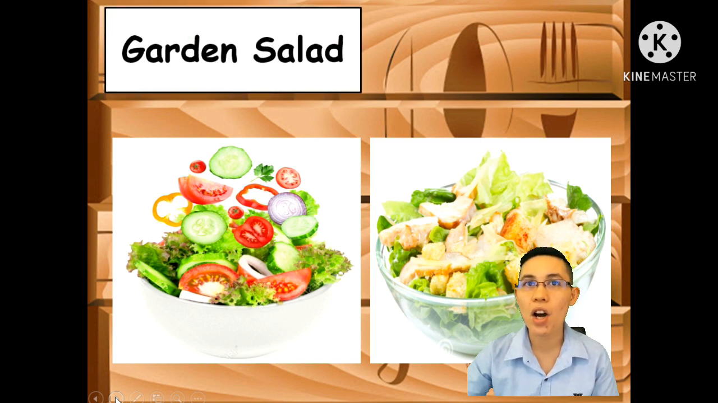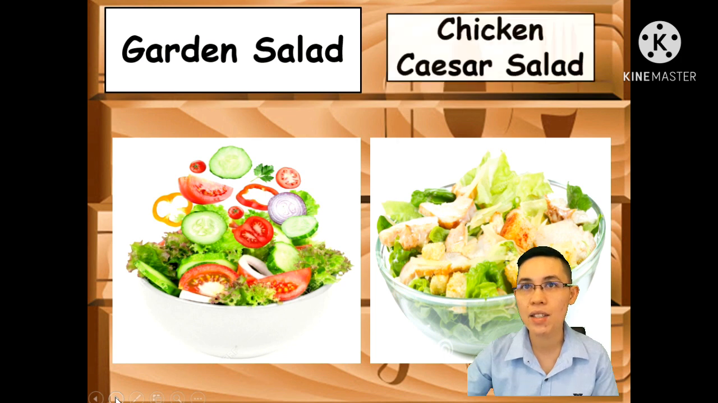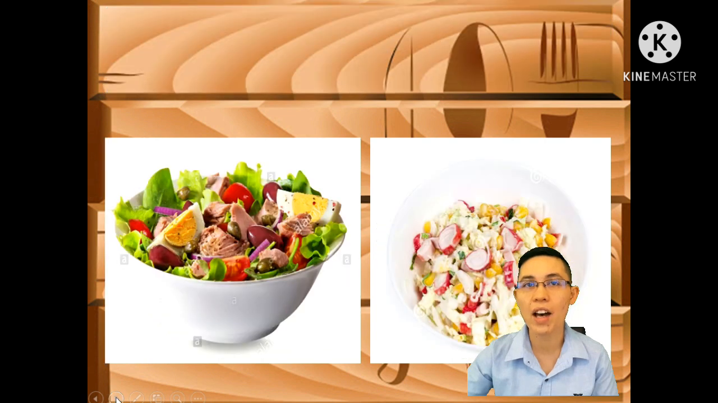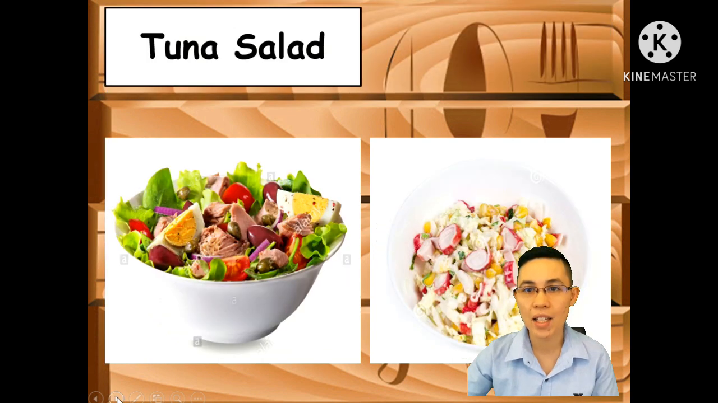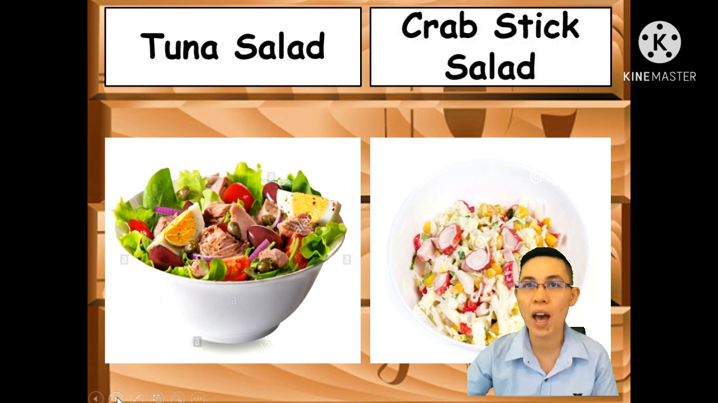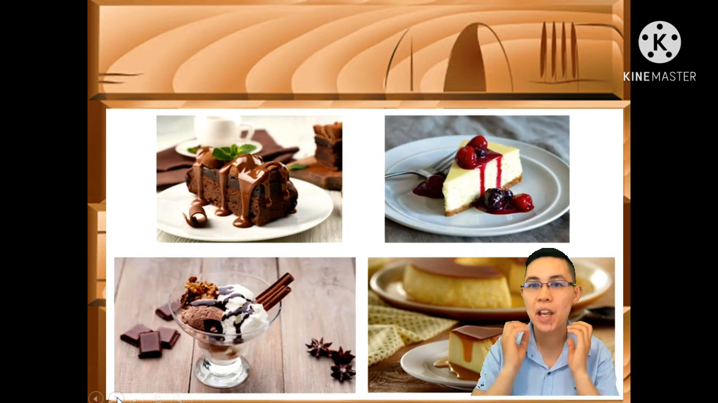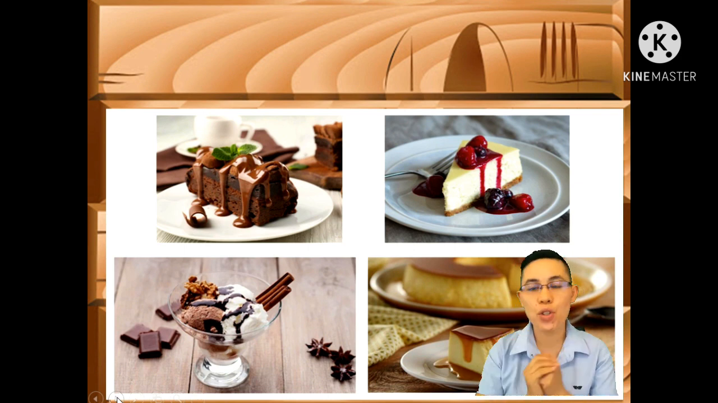Again, garden salad. Next, we have chicken Caesar salad. Again, chicken Caesar salad. Okay, next we have tuna salad. Again, tuna salad. Next we have crab stick salad. Again, crab stick salad. Okay, so after we already have the main course, the soup, and the appetizers,